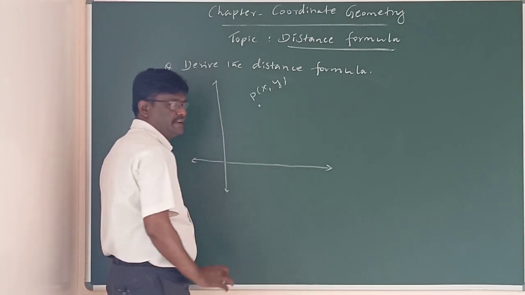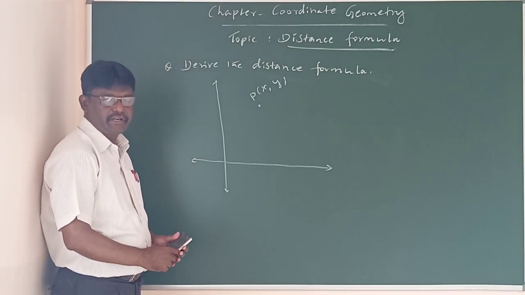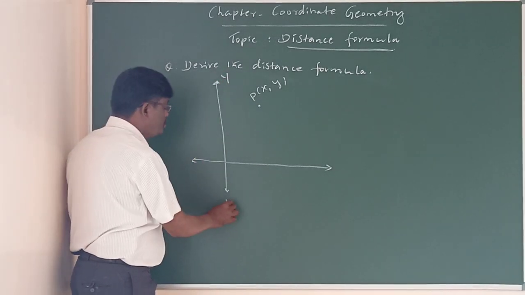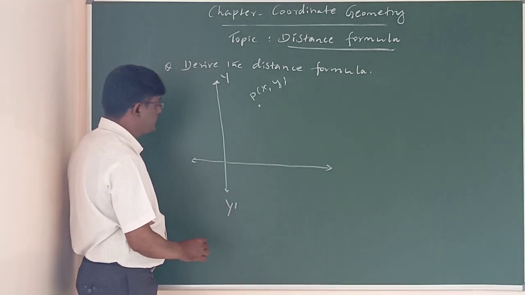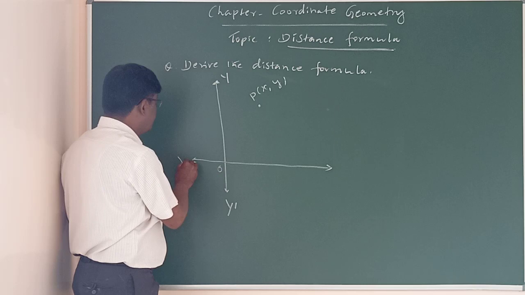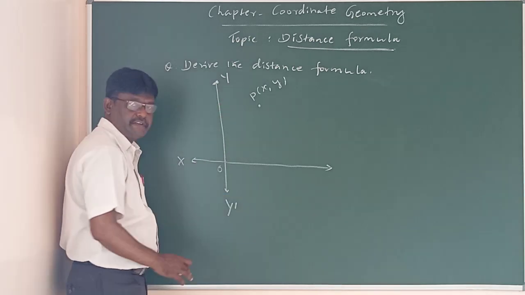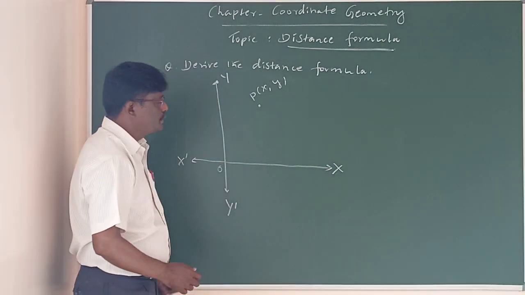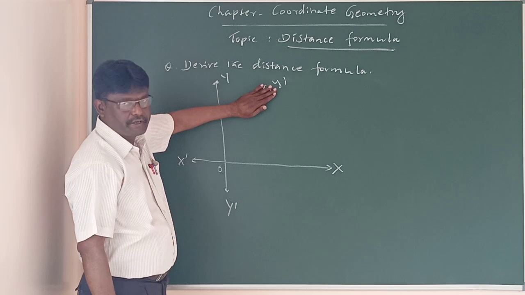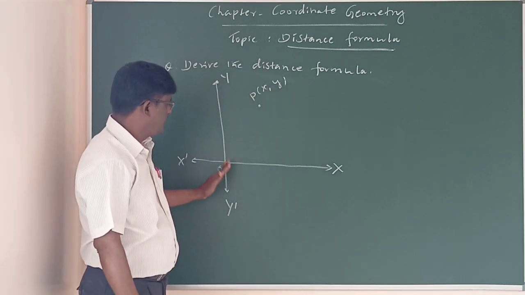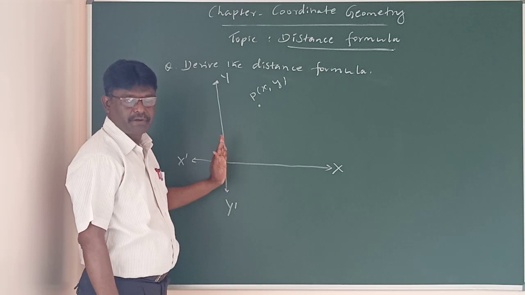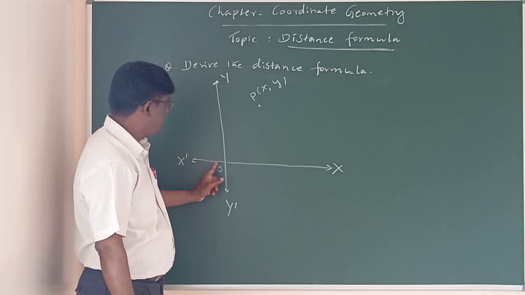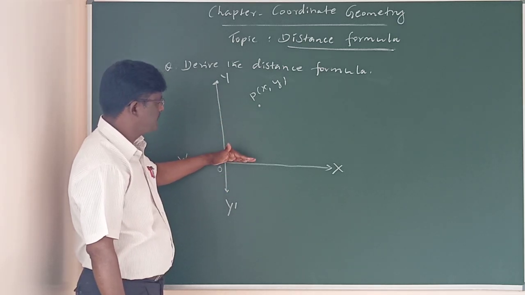Here, in this case, we know what the Cartesian plane is: a plane which consists of two axes. Which are those two axes? The y axis and the x axis. YO, Y dash is the y axis. X dash O is the x axis. Now let us consider 2 points in this Cartesian plane. Hence, now you are very clear. The Cartesian plane is nothing but a plane consisting of two axes, the y axis and the x axis.